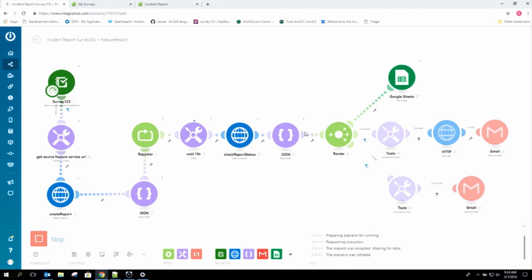Maybe it's executing, so wait another 10 seconds again and check the status. Okay, did it succeed? So we can download the feature report document, include it as an attachment, and send it to the email. So if we check the email,